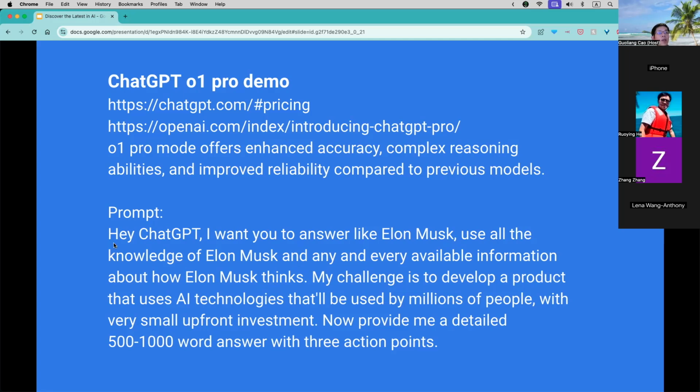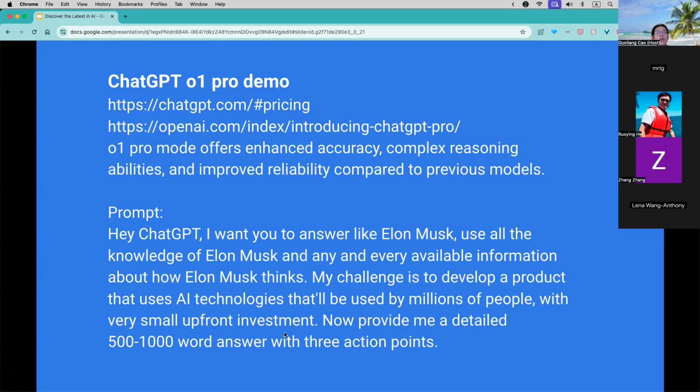My prompt is to ask ChatGPT to answer like Elon Musk, using all the knowledge of Elon Musk and every available information about how Elon Musk thinks. And my challenge is to develop a product that uses AI technologies that will be used by millions of people with very small upfront investment.